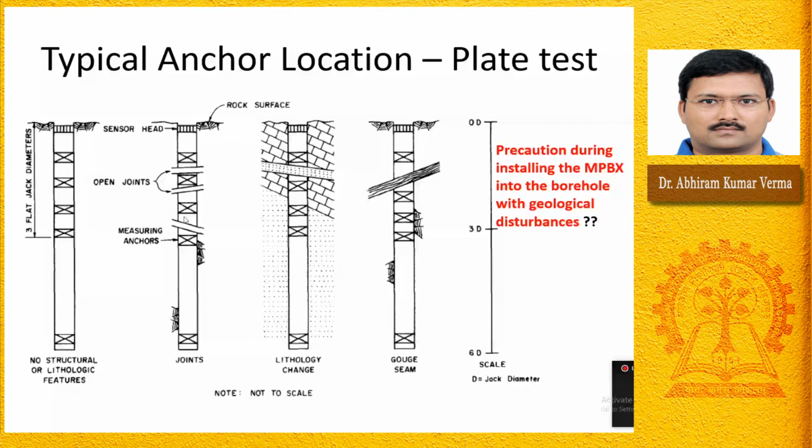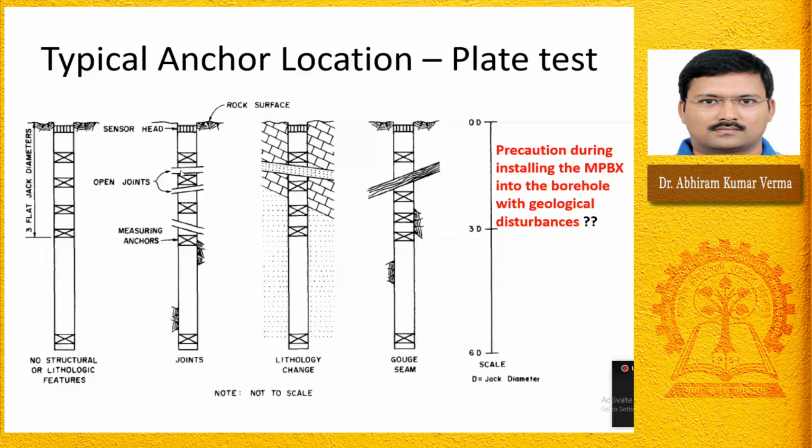Okay, so if you place an anchor just on, for example, this, what will happen? This point is going to be affected by the joint which is just nearby it. Because this is anchored over here, and if I'm applying a push, this point is getting affected by the deformation of this joint, right?